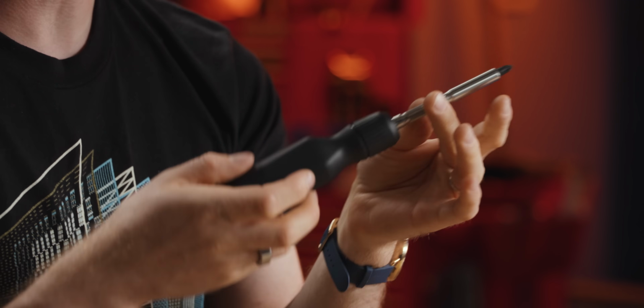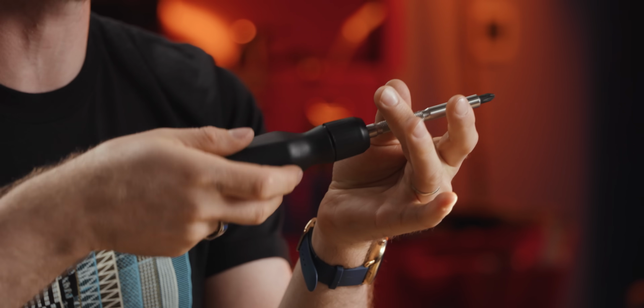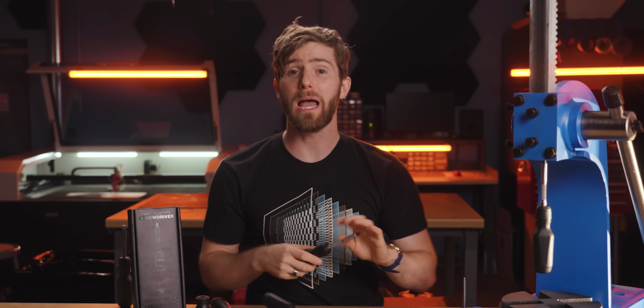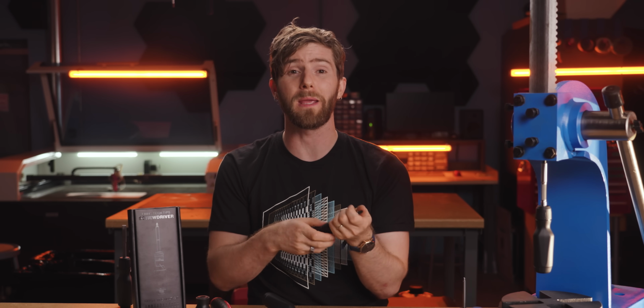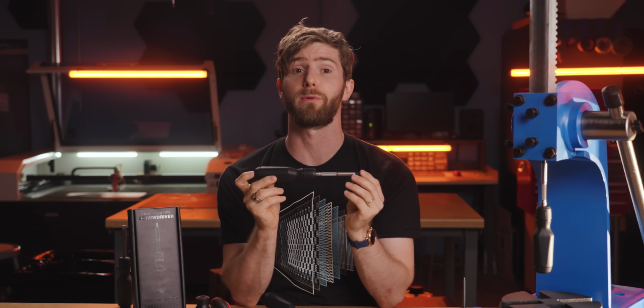And by comparison, ours has extremely low back force, making it really easy to get a screw started, and an excellent hand feel. It also happens to be strong enough for heavy automotive work with a minimum spec of 25 Newton meters for torque, although we've actually tested them up to 30 Newton meters and they still work perfectly fine. It should be noted, if you get to that point though, whatever screw that you're reefing on is probably a